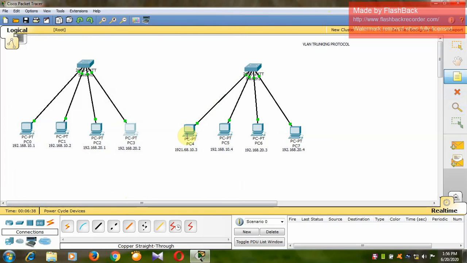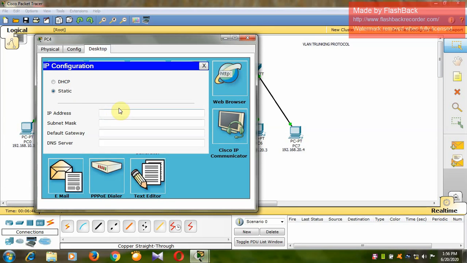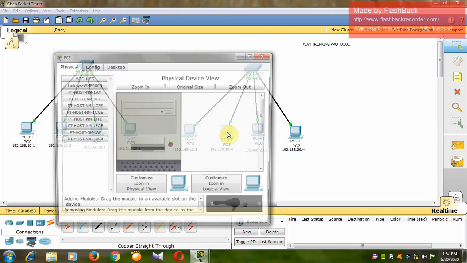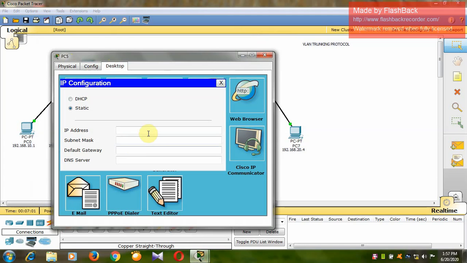Similarly here, 192.168.10.3 I have taken, and 192.168.10.4.